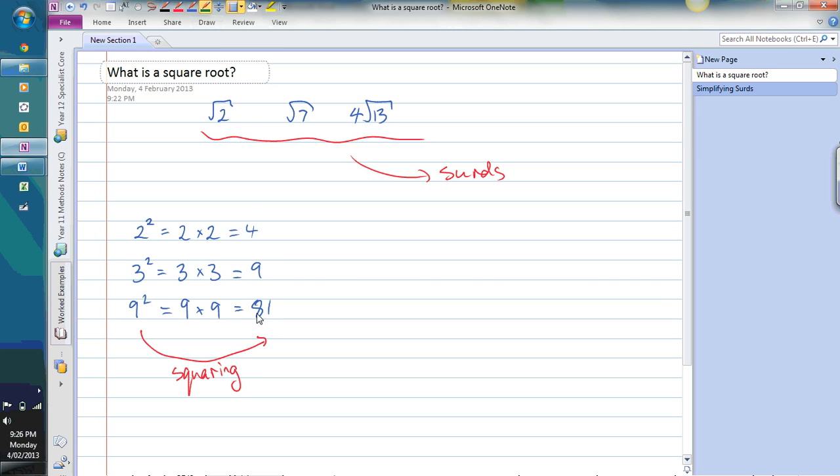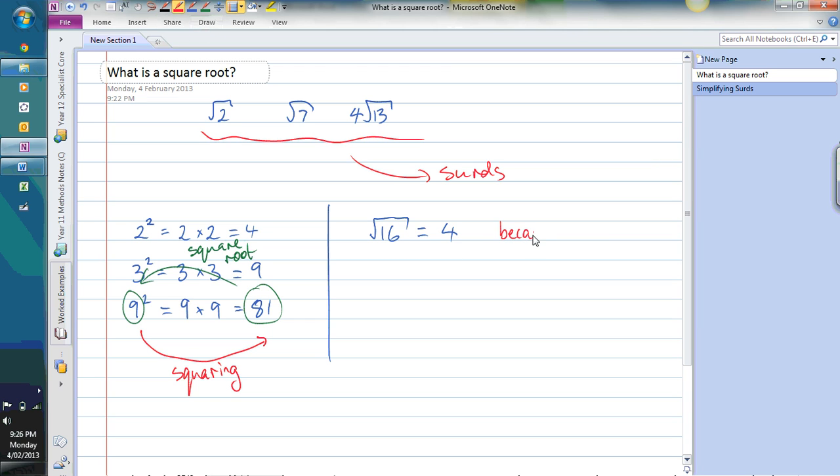If we go back the other direction, from this result back to what we started with, we say that's finding the square root. Okay. So if I took a number like 16 and said find the square root, now instead of putting a 2 up here like this, we put a little sign like this, which means square root. Square root of 16, if you know your 4 times tables, you'd know that the square root of 16 is 4. What we're saying there is, if I take the number 4 and square it, so 4 times 4, I would get 16. Right, so the square root of 16 is 4,